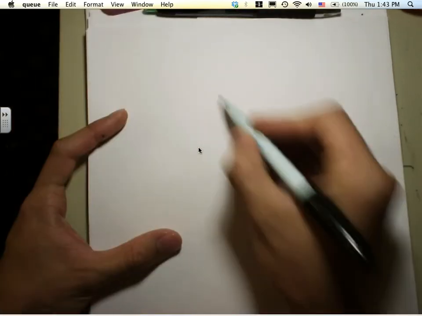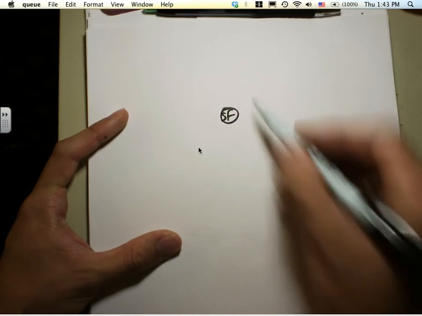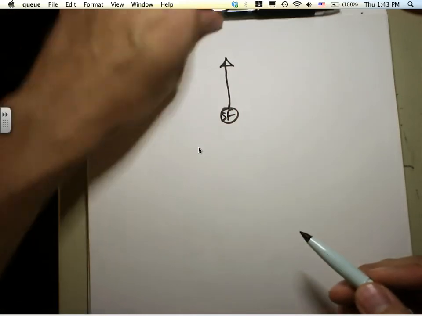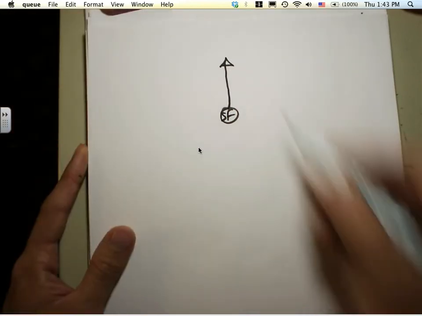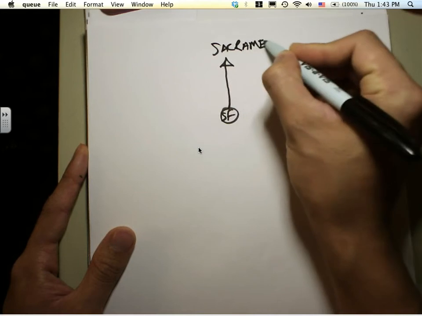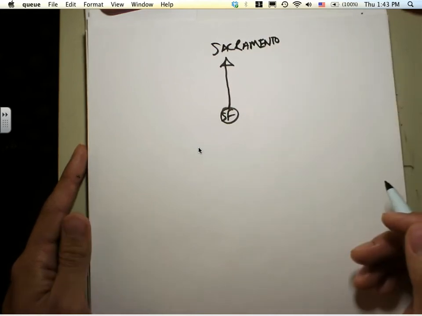First of all, think of this. Here's San Francisco right there. And we have a jet going to Sacramento, right? So I'm just going to draw an arrow pointing north to indicate that this jet is going to Sacramento. Any questions so far on what I'm drawing? Okay. Now,